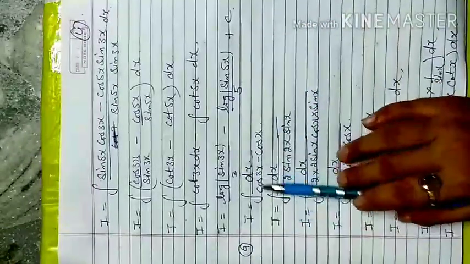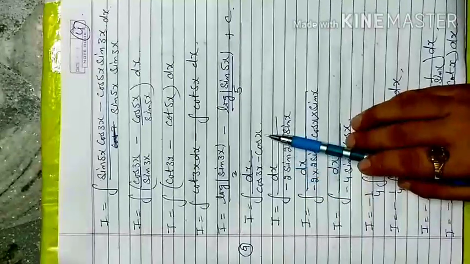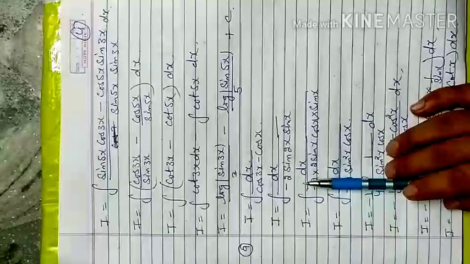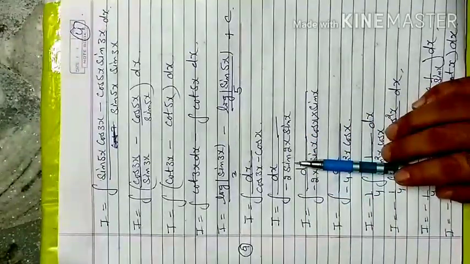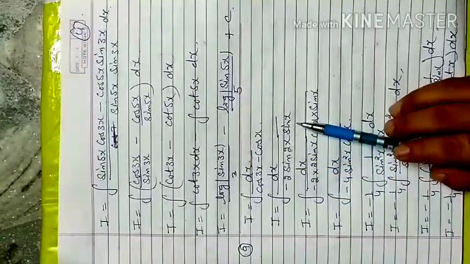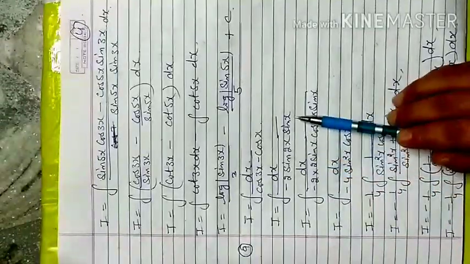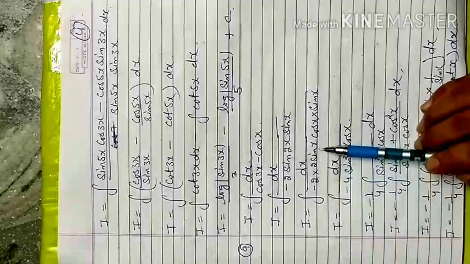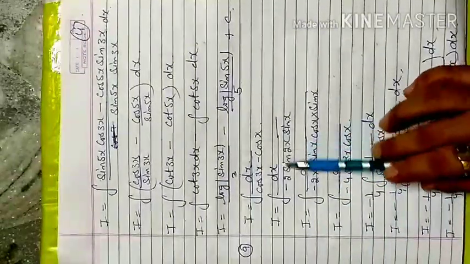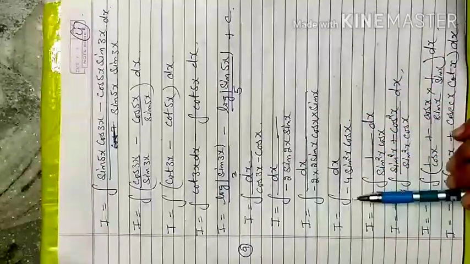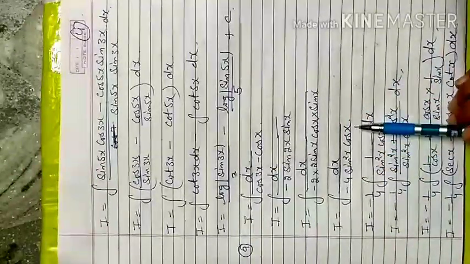Next is your ninth question, cos 3x minus cos x. Apply the formula here: cos a minus cos b is minus 2 sin (a plus b) by 2 sin (a minus b) by 2. So we get minus 2 sin 2x sin x dx, which is equal to minus 4 sin x. Sin 2x, when you open it as 2 sin x cos x, keep sin x as it is, we get 1 by 4 sin square x cos x.